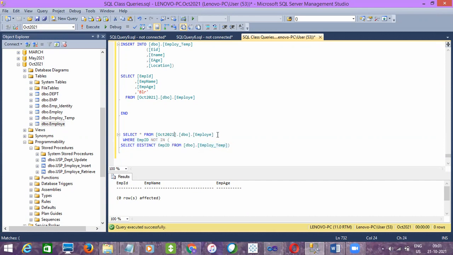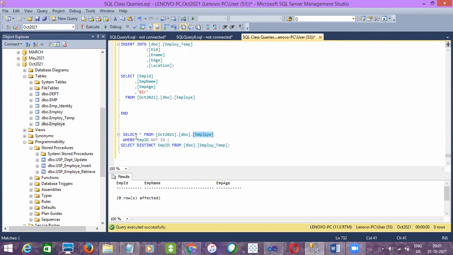So my requirement is I want to fetch data from the source table which is not existing on the destination. That is what we are taking here, right? This is my destination, and here is the source table. I want to retrieve the data from the source table which is not existing on the destination. That is the incremental load, right? Selecting data from the source which is not there on the destination, and inserting into the destination, so that will be a new record. That is the incremental approach, inserting the data which is not already there on the destination. That is what I'm trying to do here.